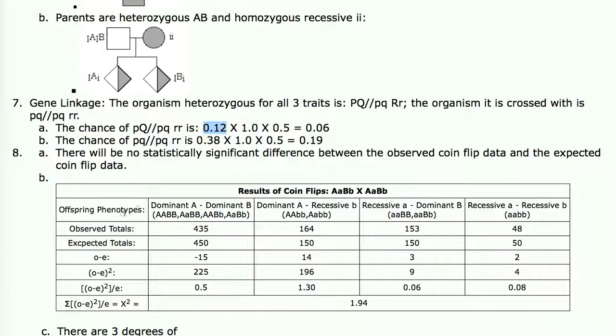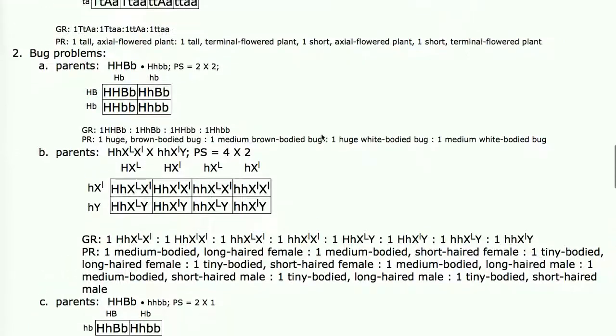That means that 24% of the time it's going to be big P with little q or little p with big Q. Well, it's 12% for each of those. So it's 12% times the chance of being little r. Oh, I'm sorry, no, the chance of being little r is 50%, because if I'm not mistaken from the previous problem,